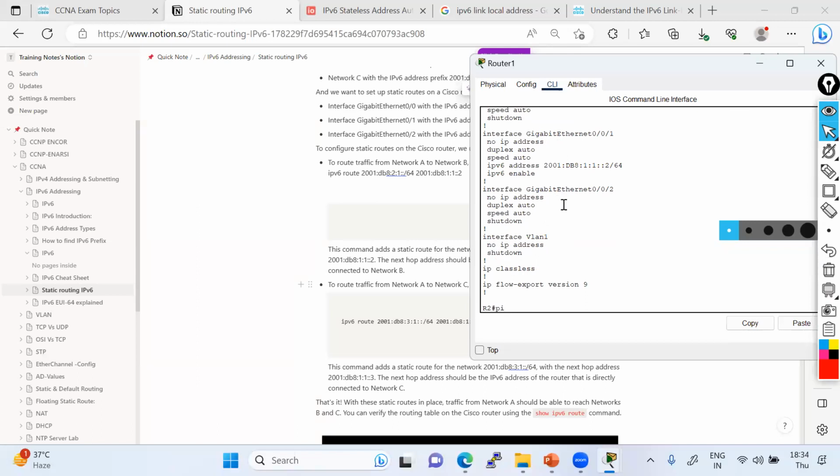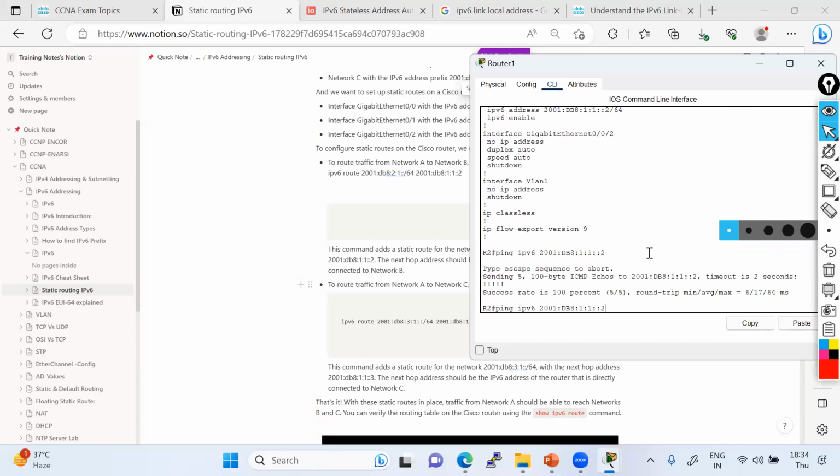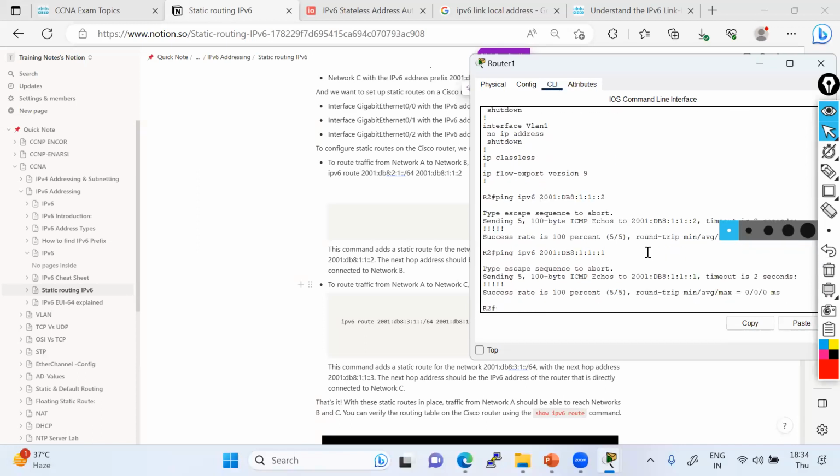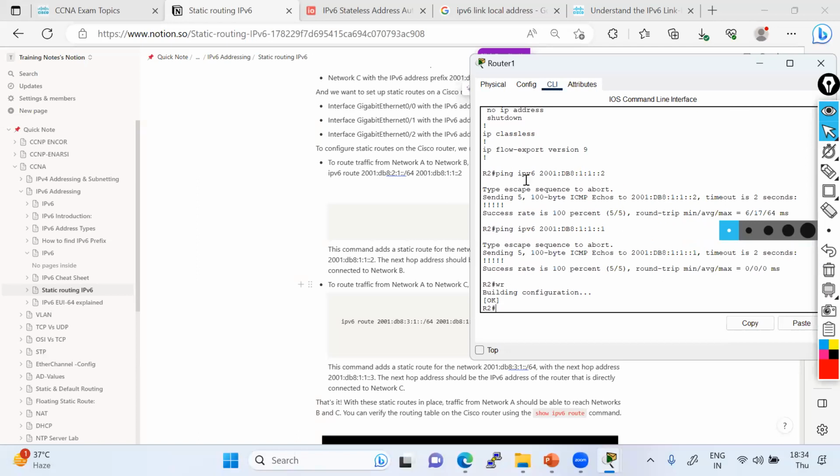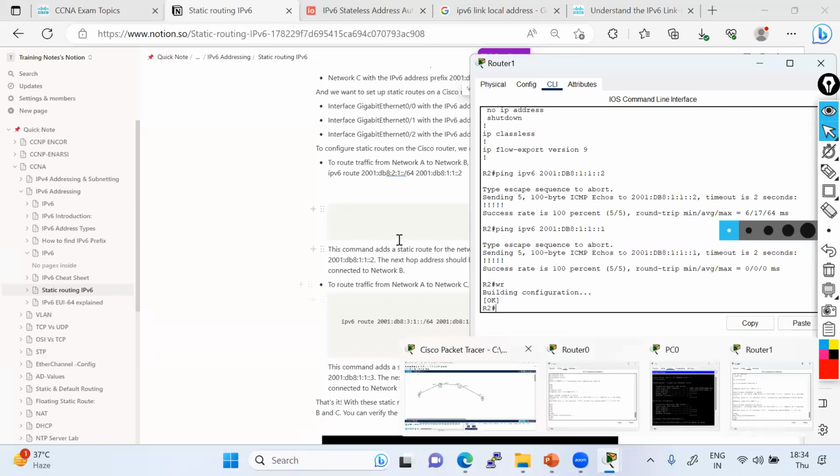IPv6 ping IPv6, right? And just let me ping the self IP address first. It is pinging. Now let me ping the other one. So see, we're having reachability. So I believe something was a typo between the devices, but finally we won the battle. There is no problem, right?